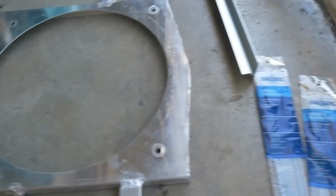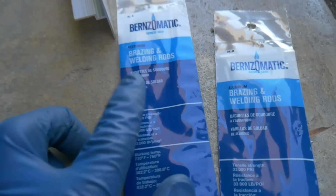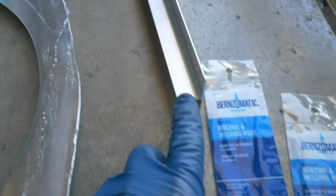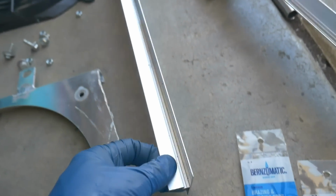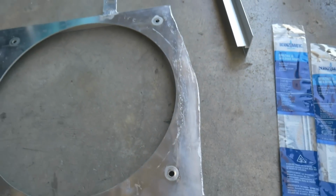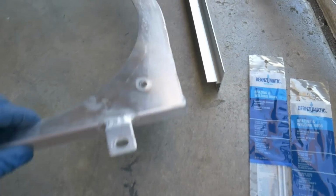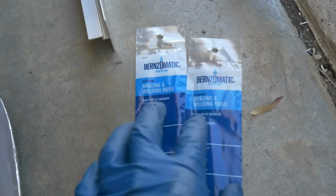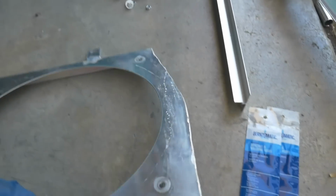But I was watching online and watched some videos on how people can weld aluminum together using some of these aluminum brazing rods. So I had this from my work. We were getting rid of these racks and this piece of aluminum, and it looks like it'll work perfectly if I can cut this straight enough and then cut that and try to work with something. So I'm gonna see what I can do about trying to learn how to use these. I watched a couple of videos on YouTube, which is pretty convenient. See if I have some good results in getting this fixed and built a little bit better than the way